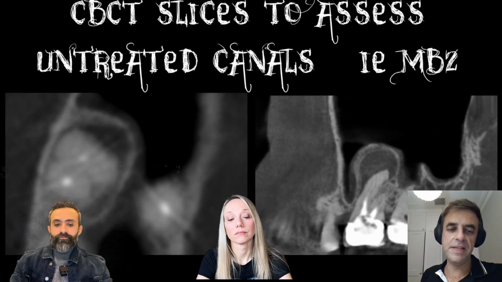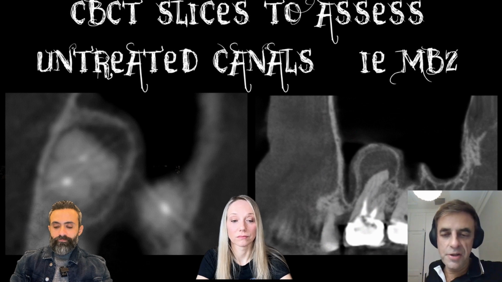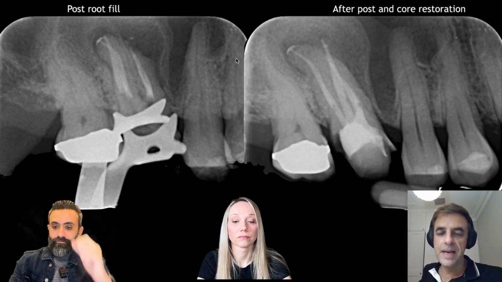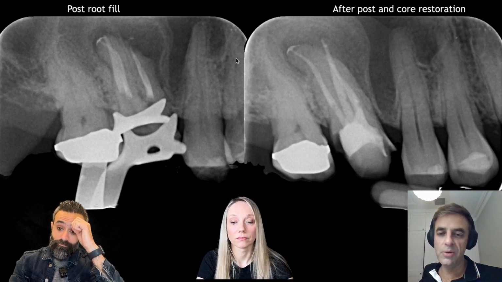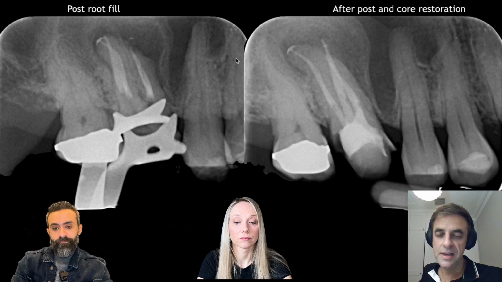And so here's a CBCT, and you can see MB2 hasn't been found. You can see that on the previous radiograph, it showed that the canals were treated short of the apex. You can see there's very little bone to put an implant into. So I root canal retreated the tooth, and placed my own fiber post and core, and then I just left the tooth prepped like that because I couldn't put the crown back on, and the general dentist did actually eventually place a crown on